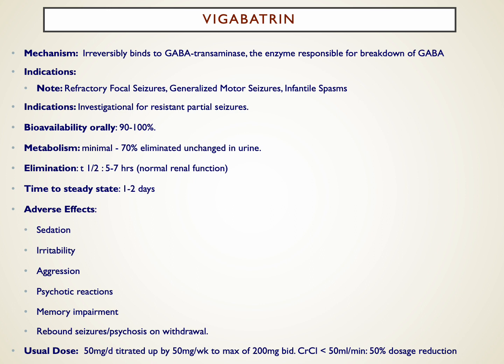Vigabatrin is used as an irreversible agent affecting GABA, but really its use is pretty much for refractory cases. In practice, I don't see this widely available or widely used. Side effect profile is troublesome, particularly for folks who may have some sort of mental health history in their background as well. And most often it's considered investigational and/or a last resort drug, not a first-line agent.